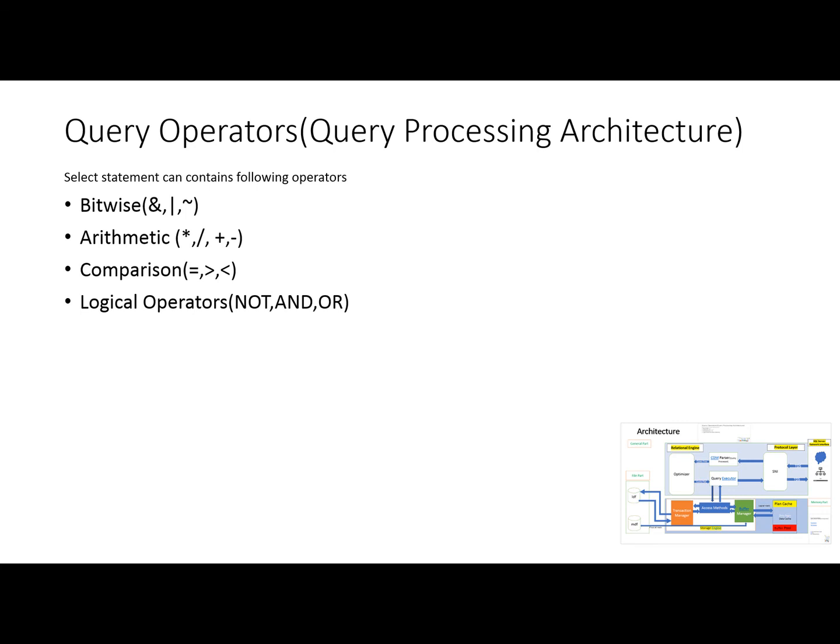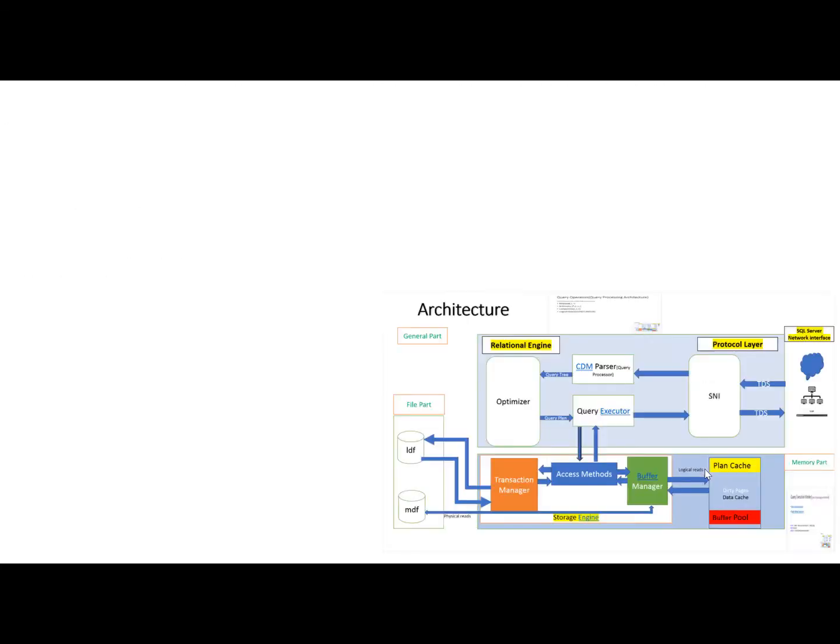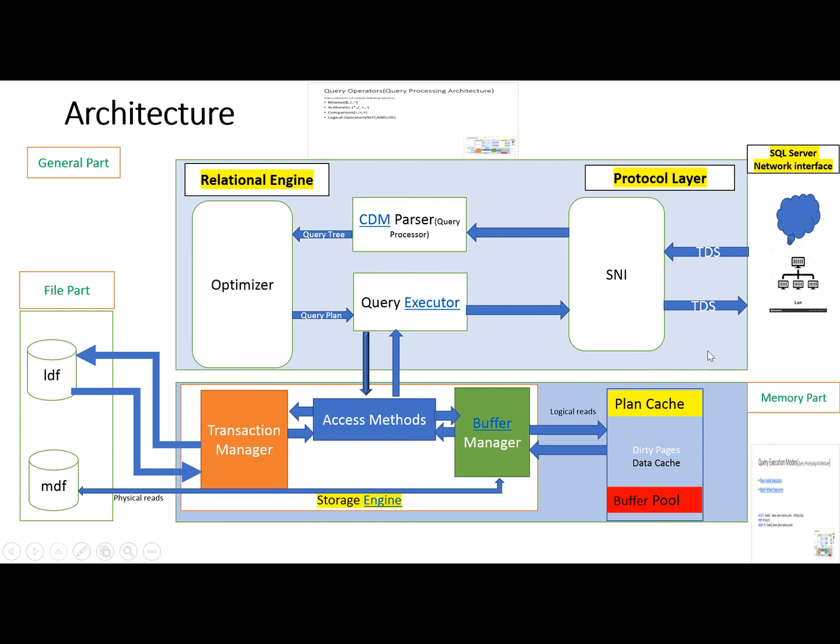This is the query processing architecture module, and we are discussing when a query is passed to the relational data engine, how the query is processed by this relational database engine. We have studied in the last video that when the query is executed by this engine, the executor will apply some mode to execute the query. This mode can be a row execution mode or a batch execution mode.